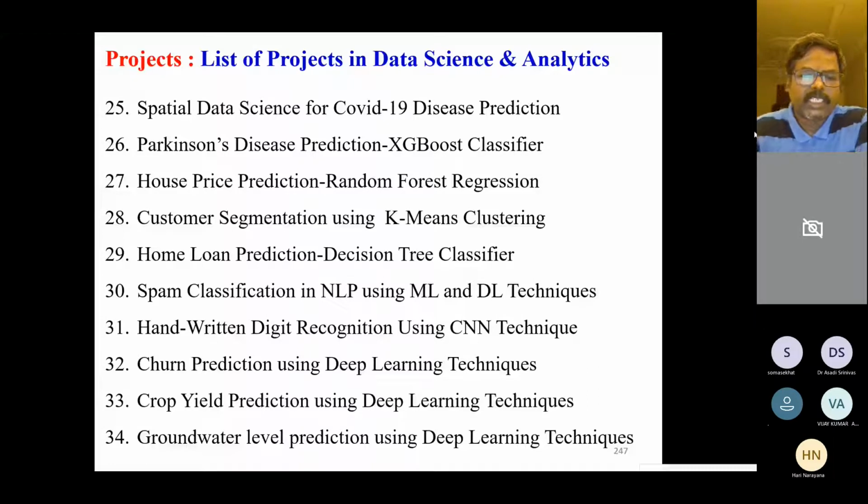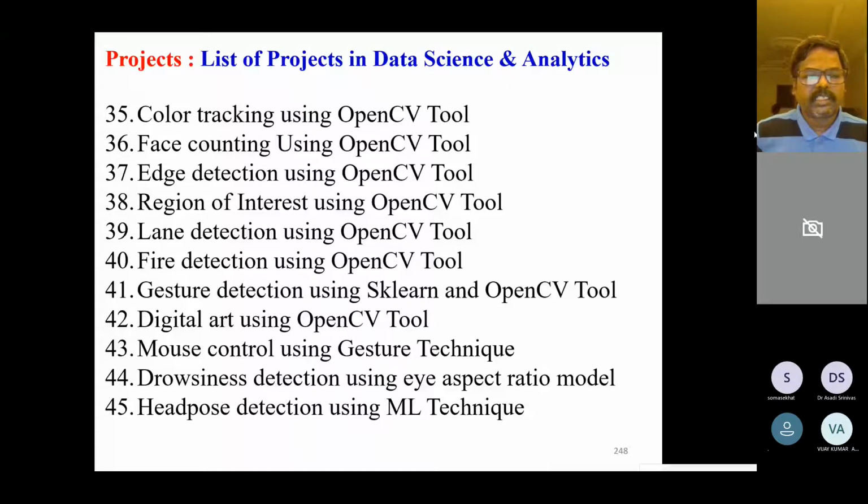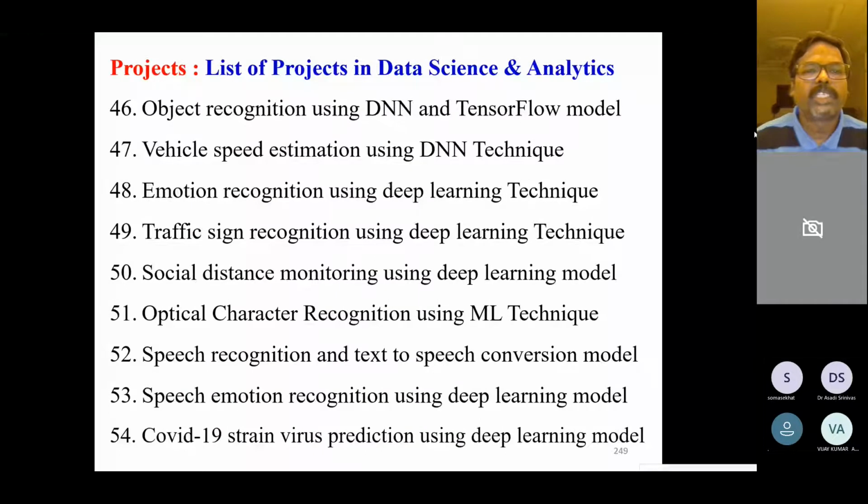and groundwater level prediction using deep learning technique, and color tracking using OpenCV, face recognition, edge detection, and region of interest, lane detection using OpenCV, fire detection, gesture detection using sklearn, digital art using OpenCV, mouse control using gesture technique, and drowsiness detection using eye aspect ratio model, head pose detection using machine learning, and object recognition using DNN and TensorFlow model, vehicle speed estimation using DNN technique, emotion recognition using deep learning technique, traffic signs recognition using deep learning